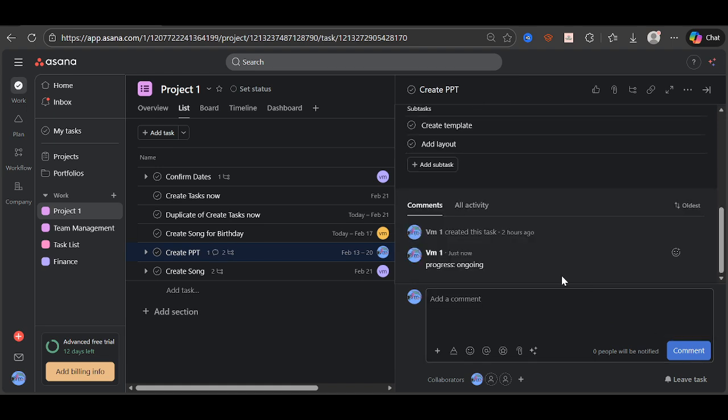When you post a comment, it shows up in the task's activity feed, so anyone following the task can see what changed and when. If you're sharing a quick status, start with a clear label like update or blocker and keep it direct. If your message is longer-term context, consider moving it to the description instead so it doesn't get